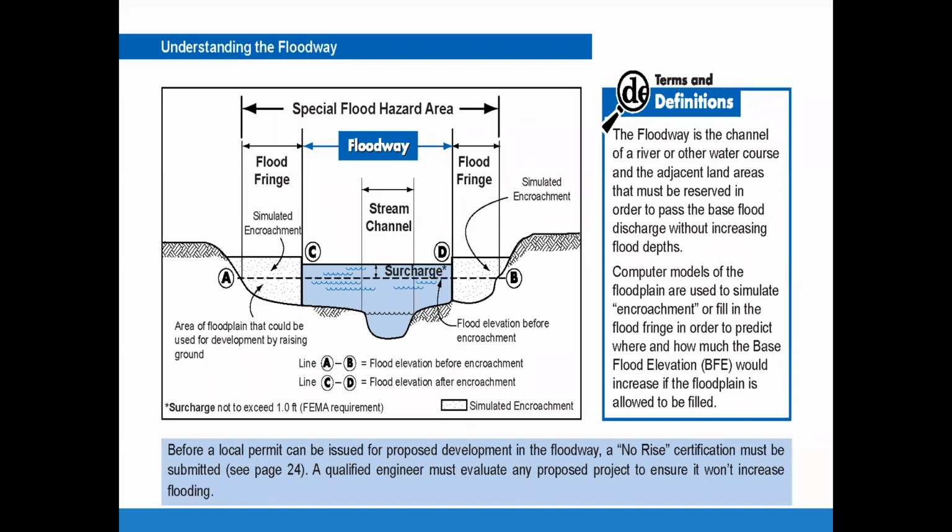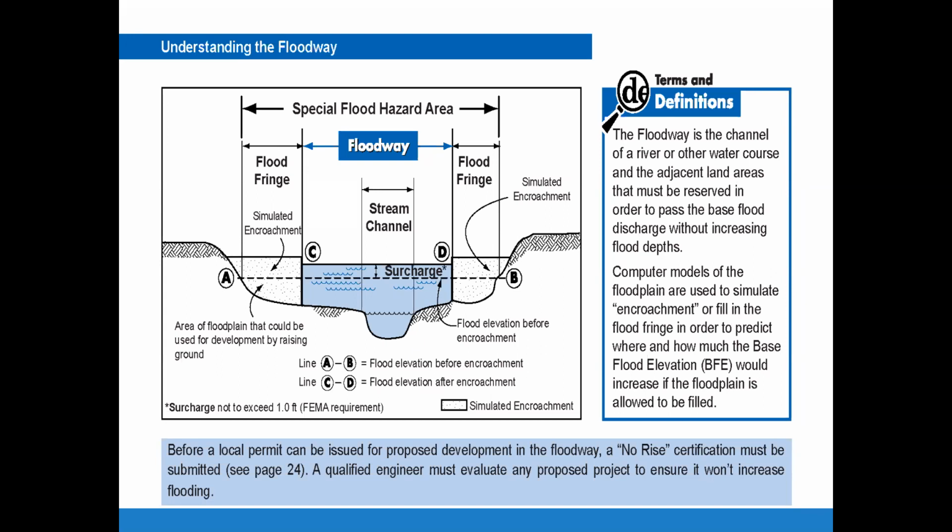And at the point where that water level rises 1 foot, they say stop the calculations. They mark that on the map and they say this area here with this 1 foot of rise is the floodway. And anything you do in the floodway in the future would mess up our calculations. So we can't do anything in the floodway without a certification by an engineer that says it will not cause a rise. So this is kind of how it's done in theory.